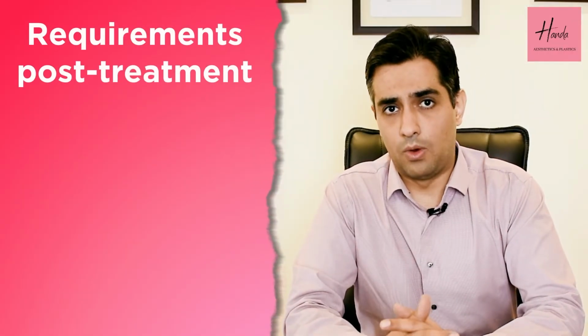Now in the post-operative period, there are two things which are absolutely mandatory for each and every patient deciding to undergo a tummy tuck. And if the patient says that for some reason they will not be able to carry these out, then we cancel the procedure and we tell the patient to be ready for them before they go for that. These two mandatory requirements include: